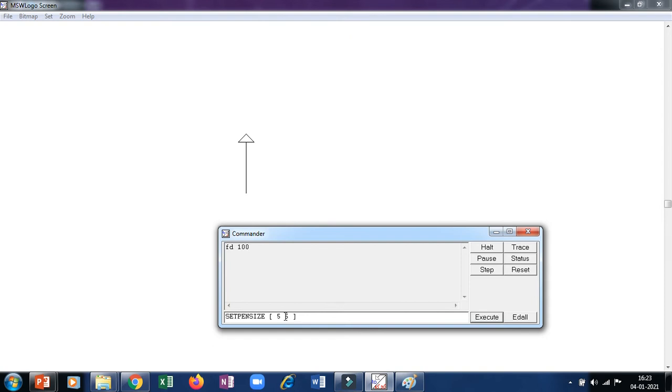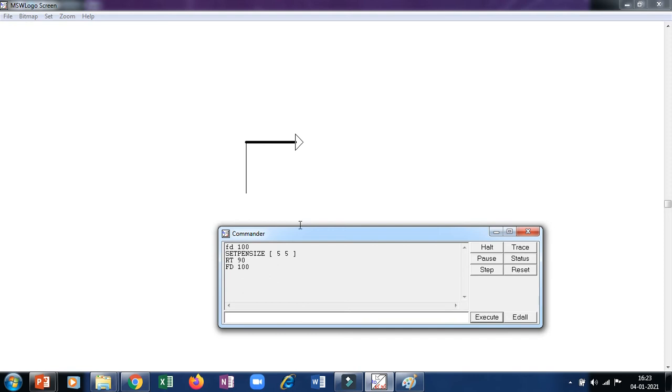If you write different numbers it is okay, but the turtle will consider only the second number, that is the width. It will not consider the height, but we have to give two numbers. Let us press the Enter key, and now let us make the turtle move forward to the right side first. We can see the thickness.